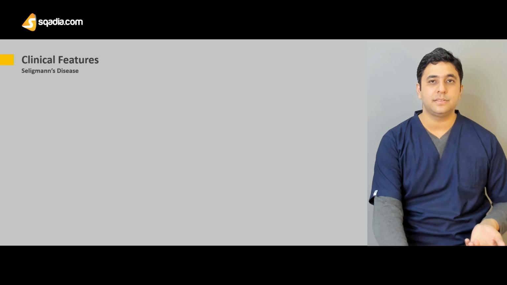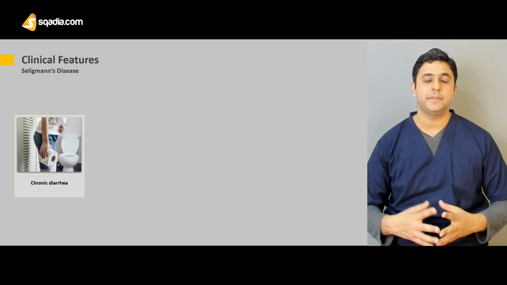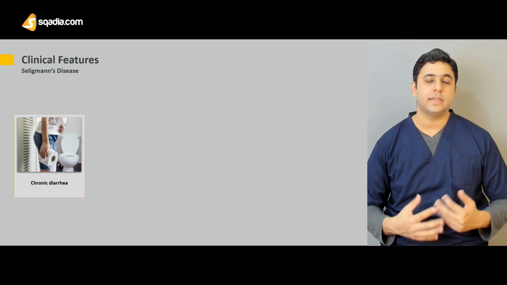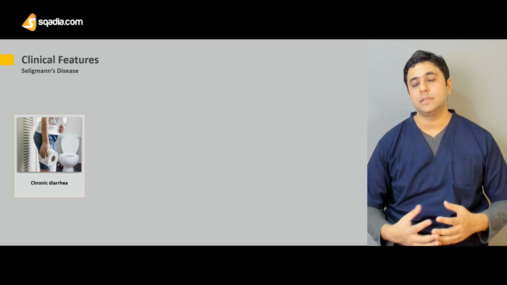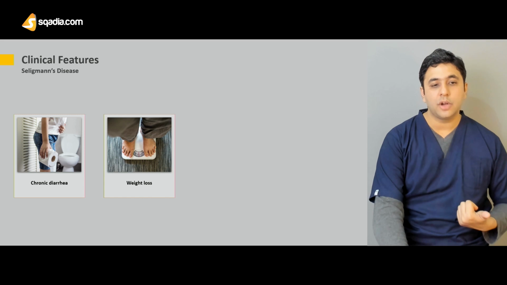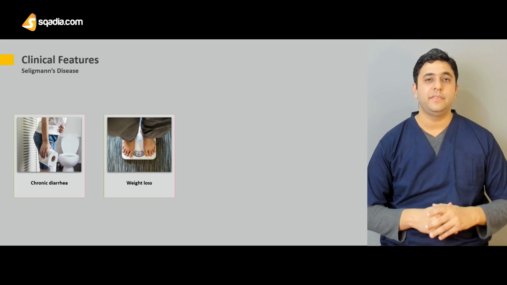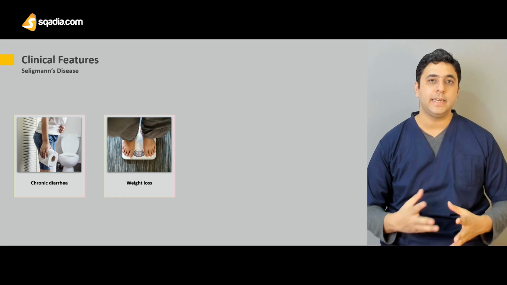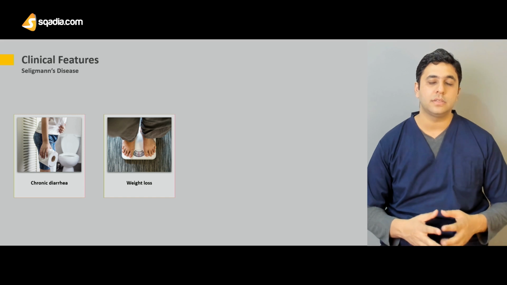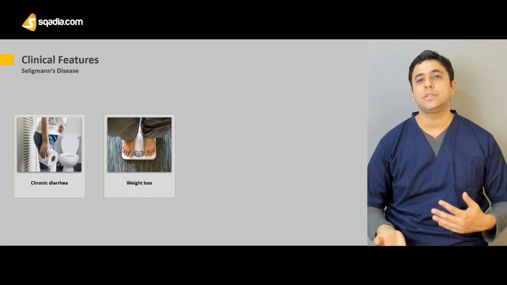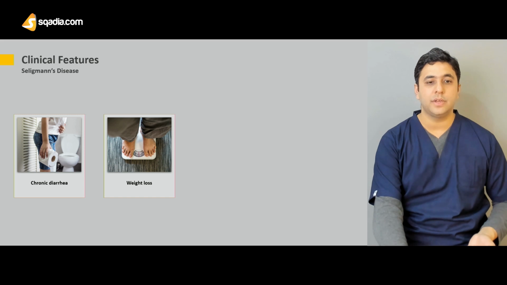The patient with Seligmann's disease presents with chronic diarrhea, which signifies the importance of the IgA for absorption in the small intestine. In the absence or in the disorder of this IgA chain, the patient will have chronic diarrhea, which shows a malabsorption disorder. Along with that, because of the diarrhea and malabsorption, the patients might present with weight loss. The weight loss can also be attributed in part to the normocytic normochromic anemia, which is present in all the types of plasma cell disorders, because it is a type of clonal malignancy. So the patients will have an anemic picture. Along with that, the diarrhea and these two compound, leading to the weight loss.